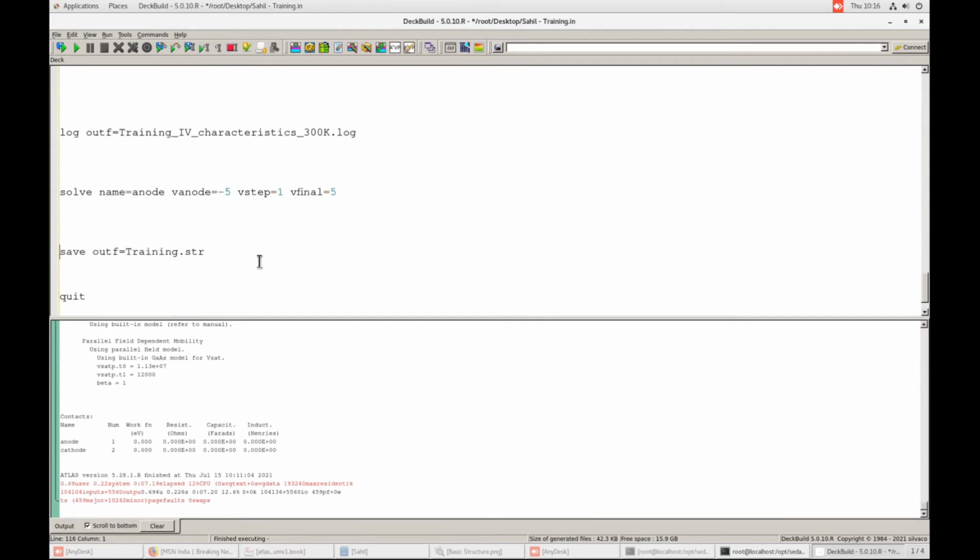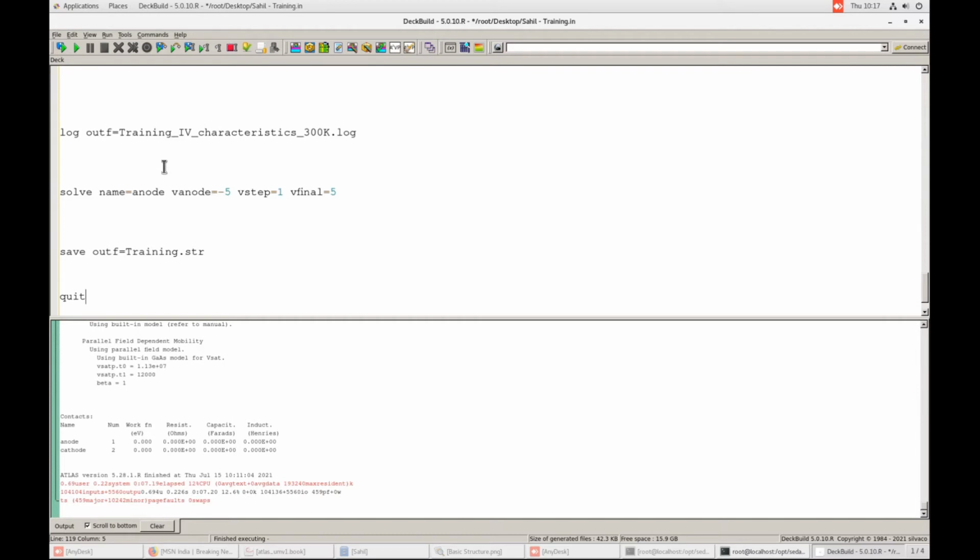So after all this electrical analysis, we will finally save the structure again. The structure should be saved at last. This is the practice you should adopt, because all the electrical parameters and the effect of electrons and movement will be captured in the structure file if you save it at the last. If you save it initially, then all these things won't be captured. So at the last we will write the quit command.